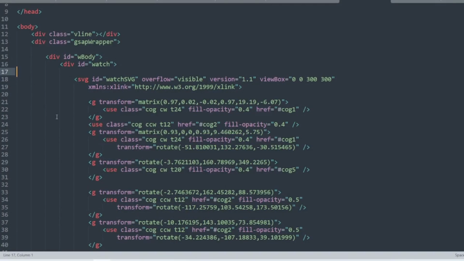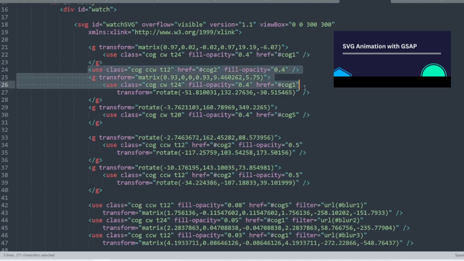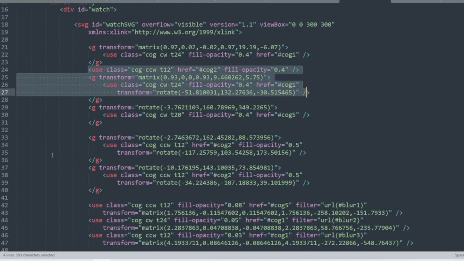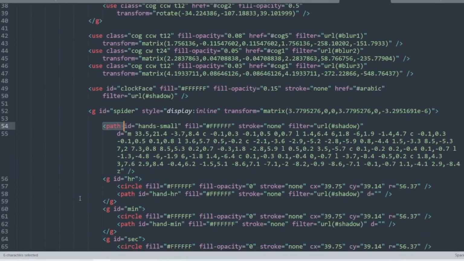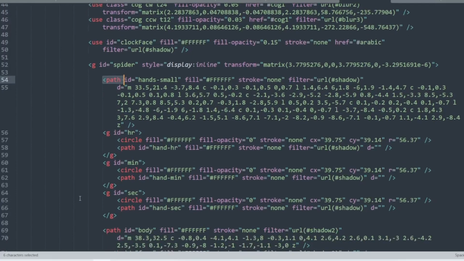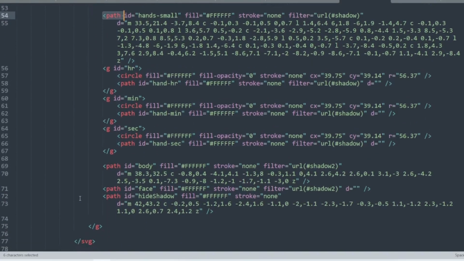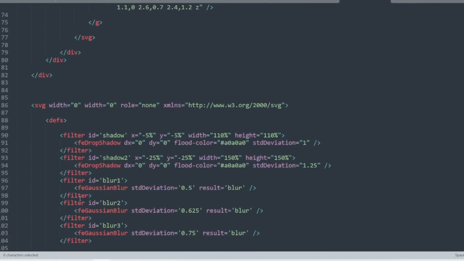The very first thing we need is the HTML part. So this HTML code creates an animated spider-shaped clock using SVG and GSAP, which are used for animation. So it has a circular gear, hands for hours, minutes, and seconds, and a spider body in the center. The filter tag elements add soft shadow or glow effects, while the path tag and use tag